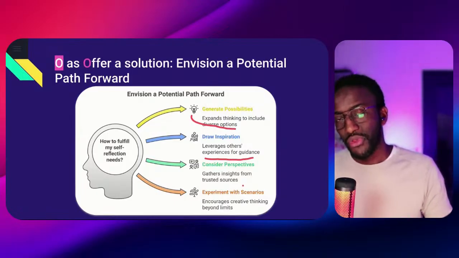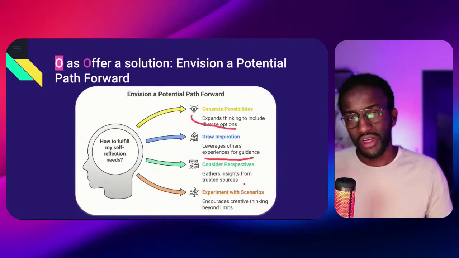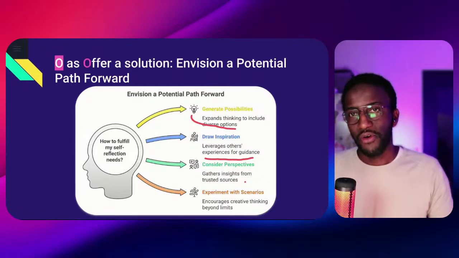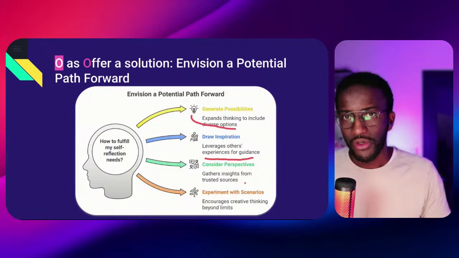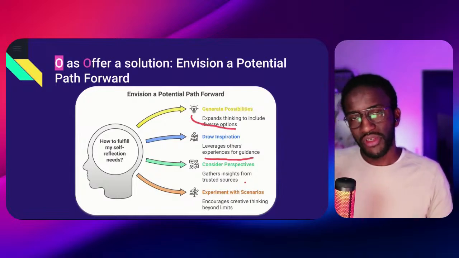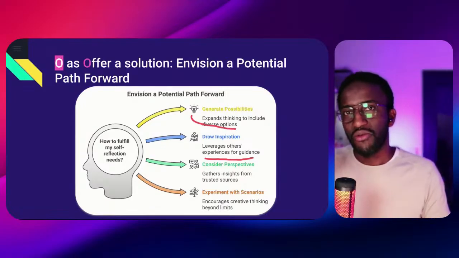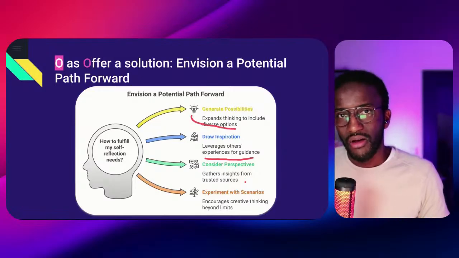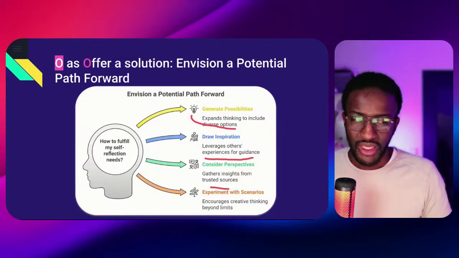But maybe it can be interesting also to have a different perspective from, let's say, a trusted friend, for instance. You can try to have a different perspective from a mentor, someone you admire, from a coach, from a community, to see what solution they could share with you about the issue that you are having. So this is something that is really very interesting.